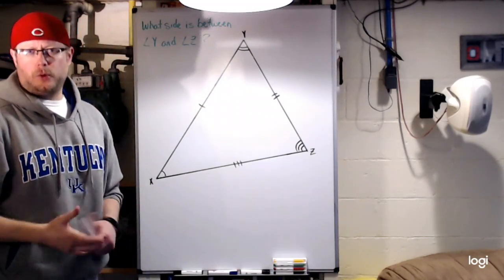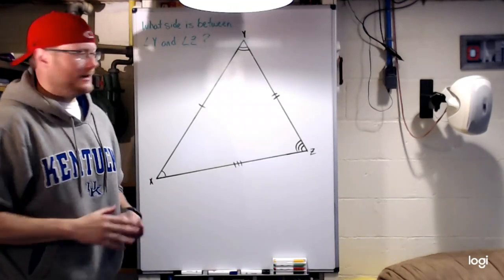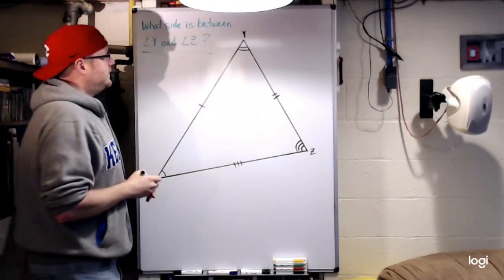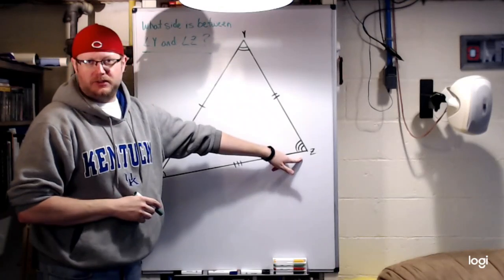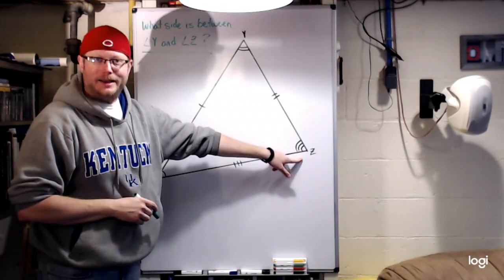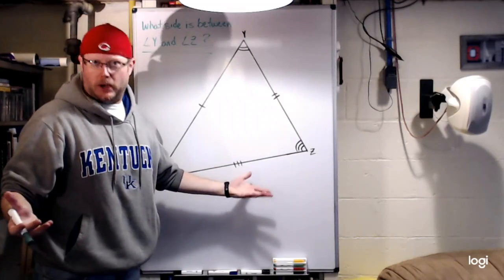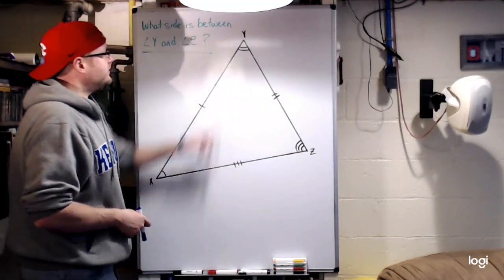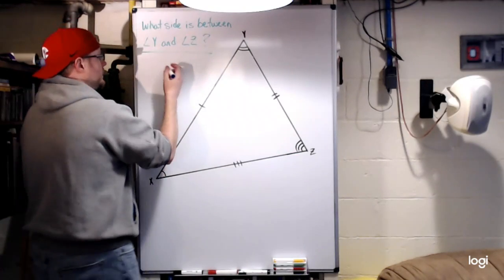They ask you questions like this on your assignment. Don't overthink this one, okay? I'm not trying to confuse you here. If this is vertex Y and this is vertex Z, what side is between YZ? YZ. That's it. That's the answer. What side connects the 2 vertexes? That would be side